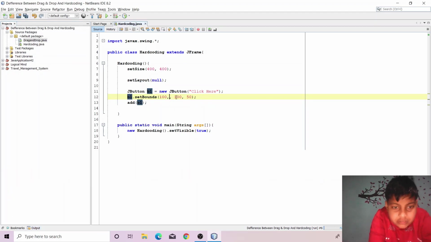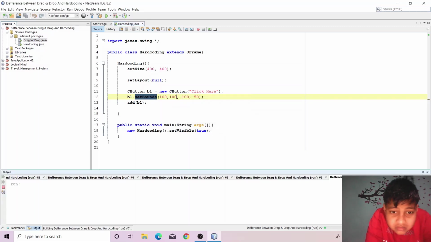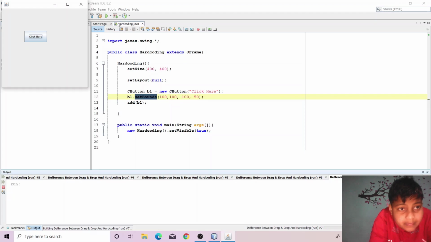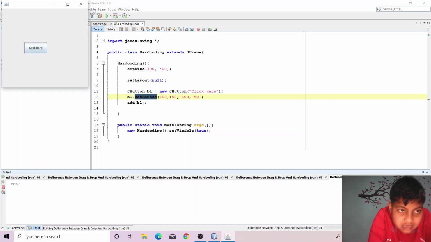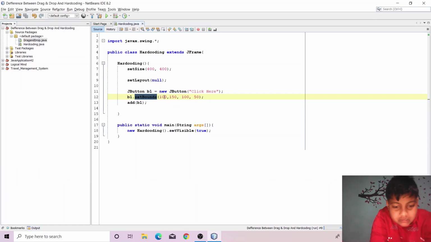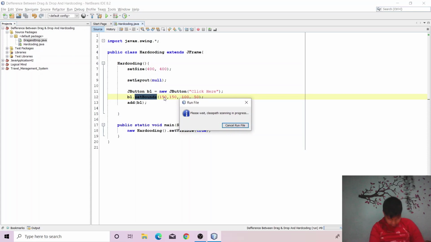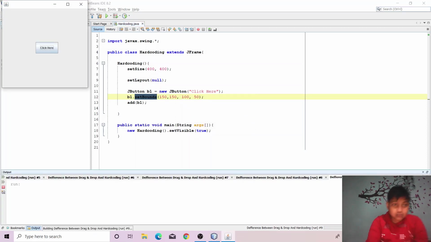We should type 100. Very good. 150. 150 is perfect. And then let's put it a bit front. This also 150. Now it should work. Now the button, as you can see, is approximately in the center.